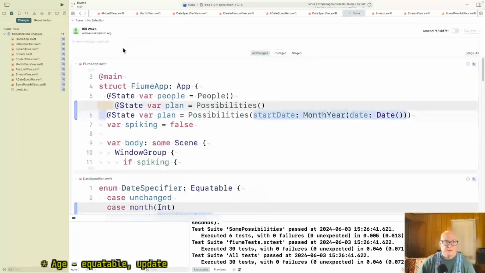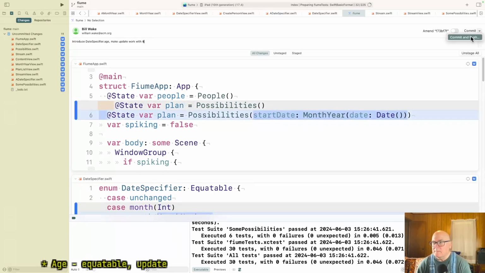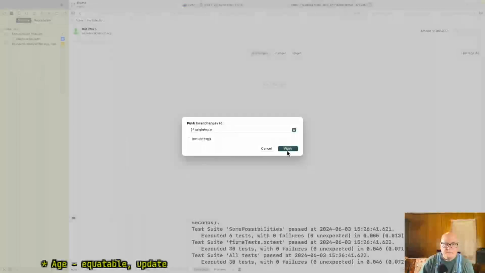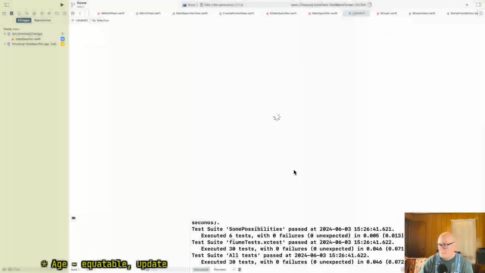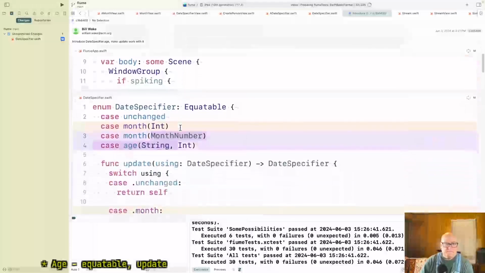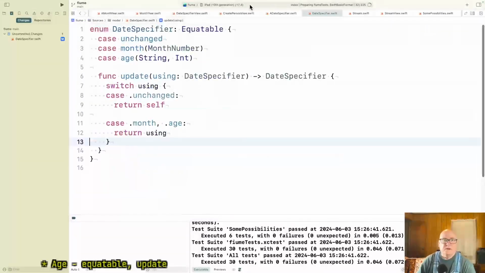Okay, so we introduce DateSpecifier.age, make update work with it. Okay, so that's okay. Now what was the other one?